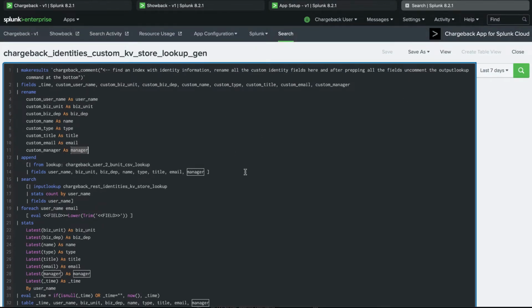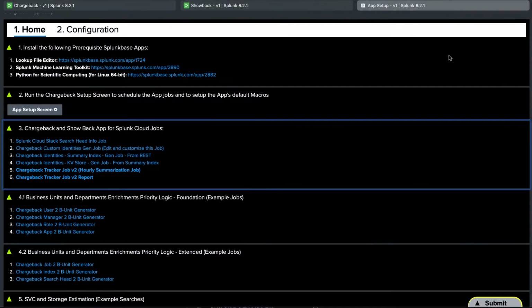This is pretty much the only job that you need to really alter and change. So when you're done saving it, you can exit from it. And then you want to follow through by running this job here, the identities KV store gen job, which puts everything together. If you haven't done that already, basically this third one is going to summarize identities